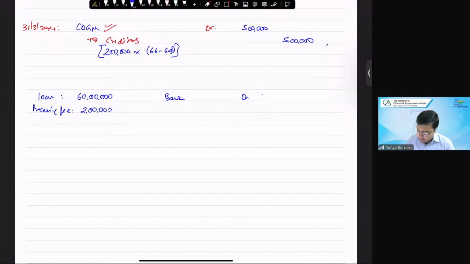Bank account debit 60 lakhs to loan 60 lakhs. Then what you used to do? Incremental processing fees and all. So processing fees P&L debit to bank 2 lakhs. Correct? Do you recollect doing this? And then if